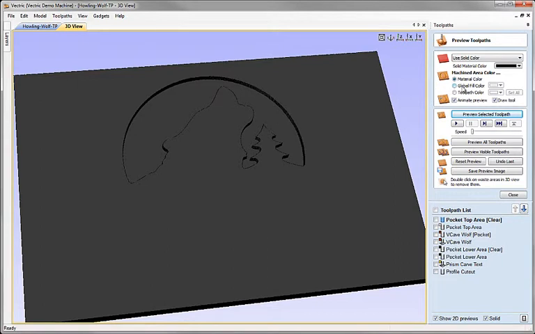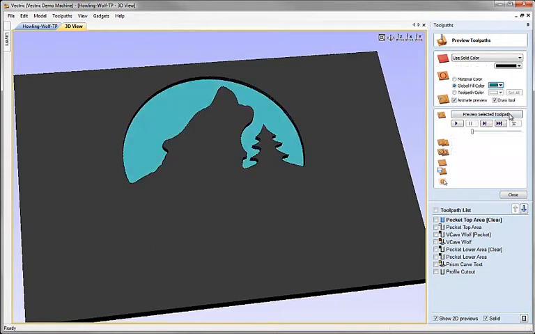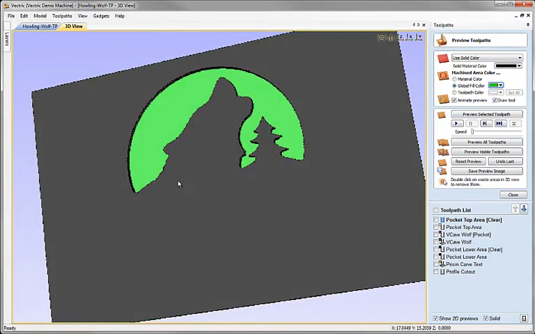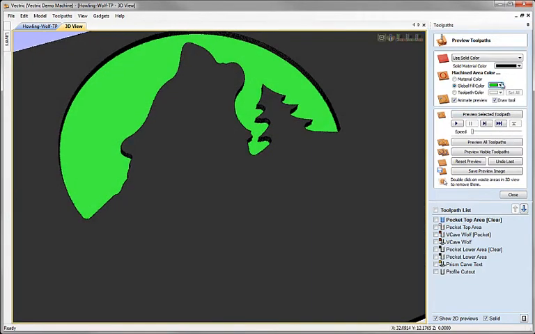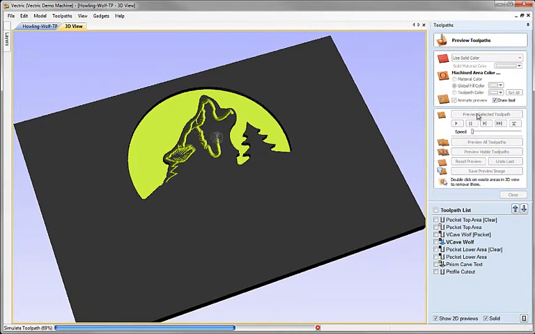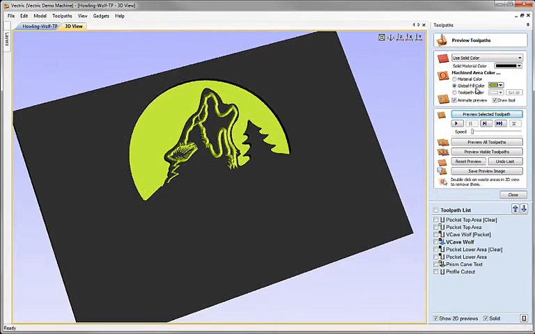And the first option here is a global fill color, and if I switch that on, we can now choose to have a different color for areas that have been machined from those that have not been machined. And that's in itself quite a useful aspect of your simulation process. In this case, all of our toolpaths will be colored the same. So if I'm going to just do the V-carve here, and as we carve into the material, the V-carving gets the same lime green color that I've selected